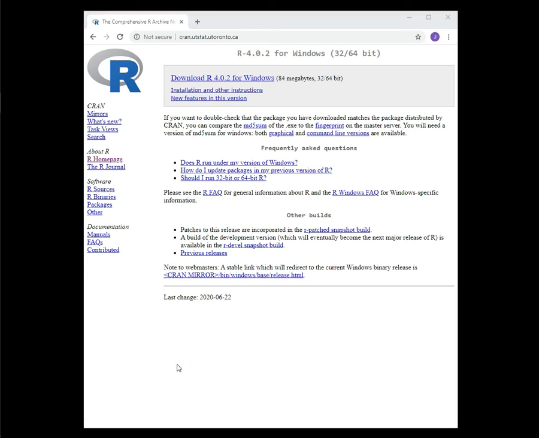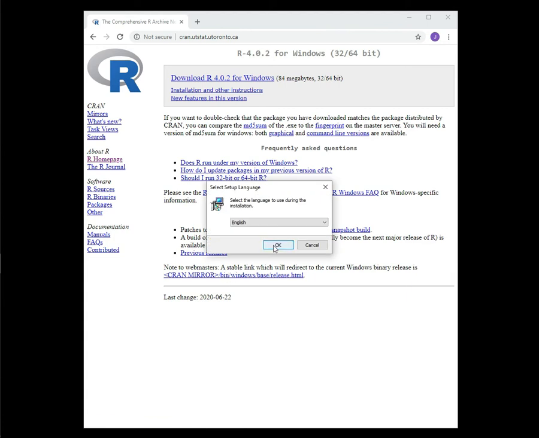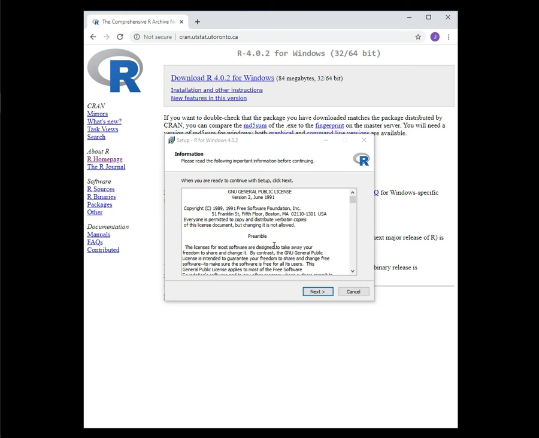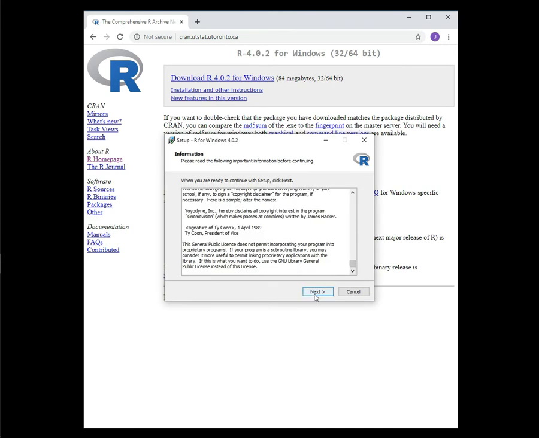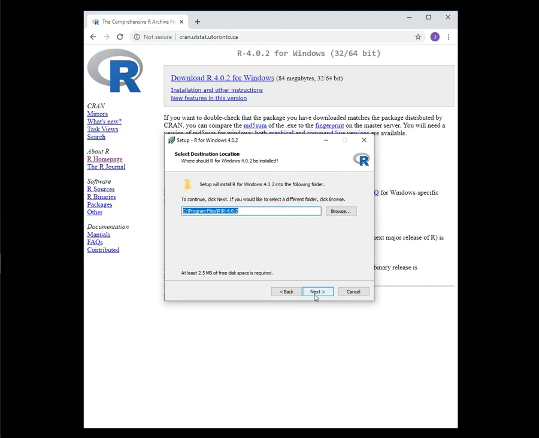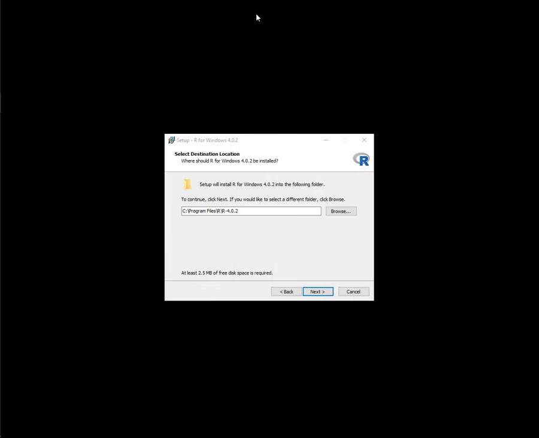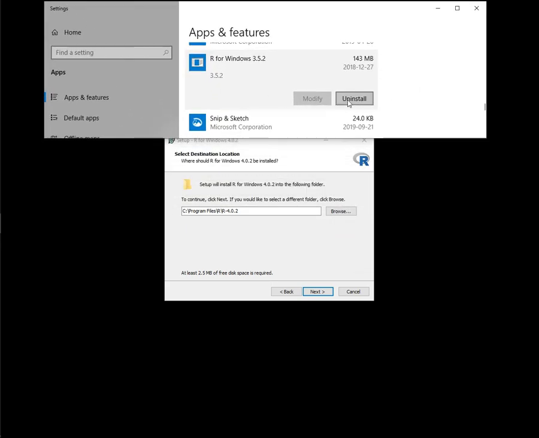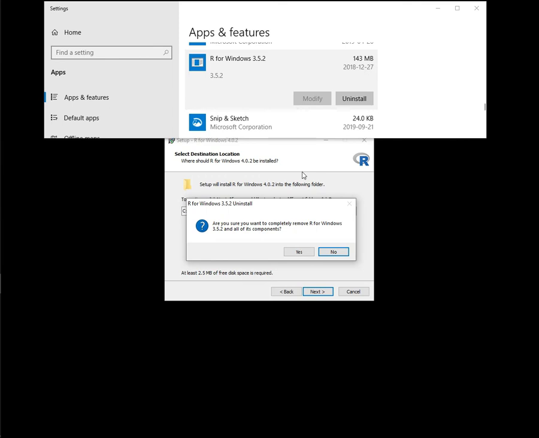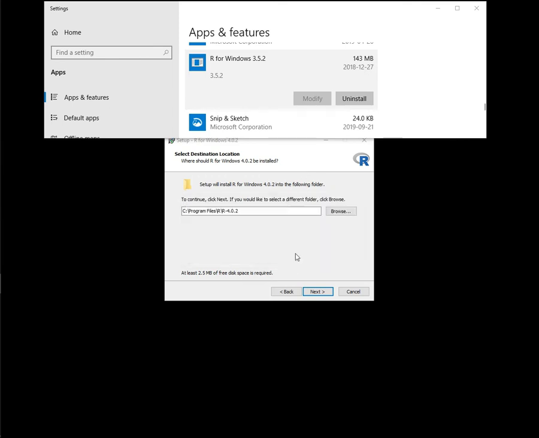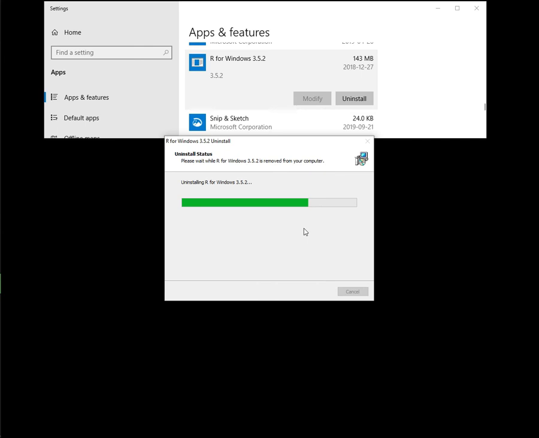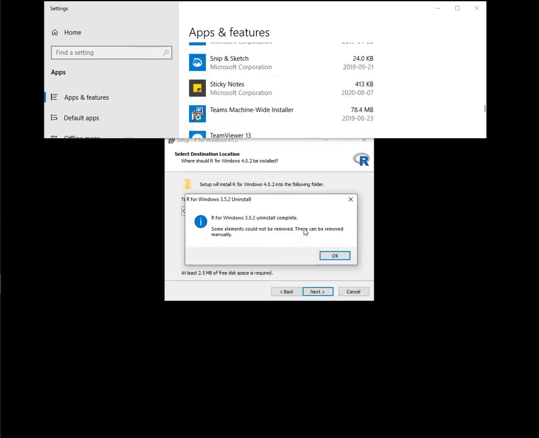Want to run the executable file here. I realized before I run this, I should uninstall the previous version that I have. Here we go. You probably don't have to do this. And now that that's out of the way,